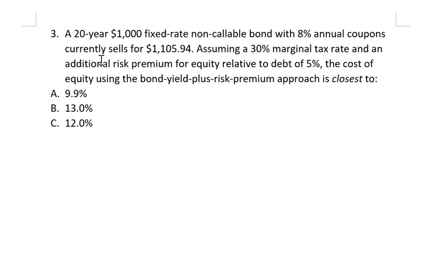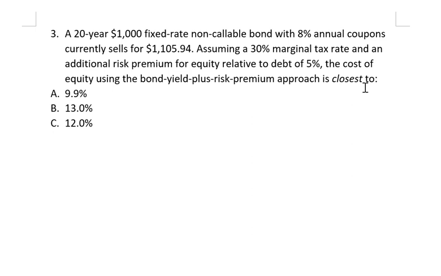Question 3. A 20-year $1,000 fixed rate non-callable bond with 8% annual coupons currently sells for $1105.94, assuming a 30% marginal tax rate and an additional risk premium for equity relative to debt of 5%. The cost of equity using the bond yield plus risk premium approach is closest to